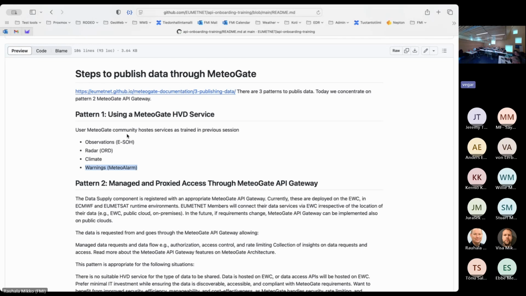But if a member country is sharing their data through ESO, or radar operator data, in those cases the member country doesn't need to do the messages. But of course, everyone is still responsible for the metadata entries. But if we would like to use the MeteoGate API to rate link for API, yes, then